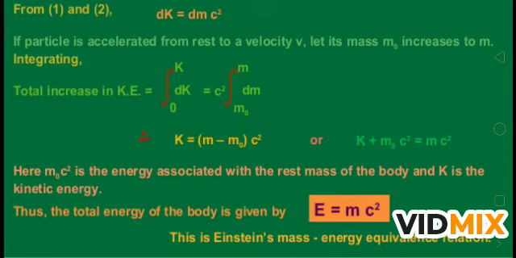So this is the mass energy relation between the mass and velocity. We are going to calculate this energy. This is given by Einstein. E is equal to mc square, important relation. It shows that if the body has mass, it has energy.